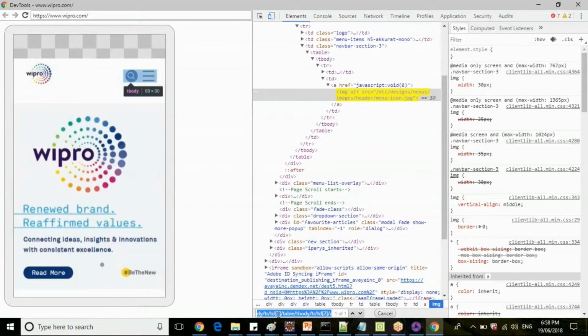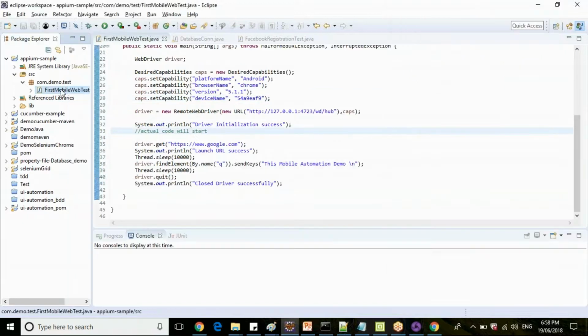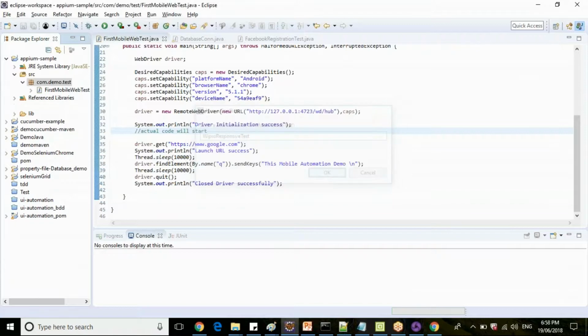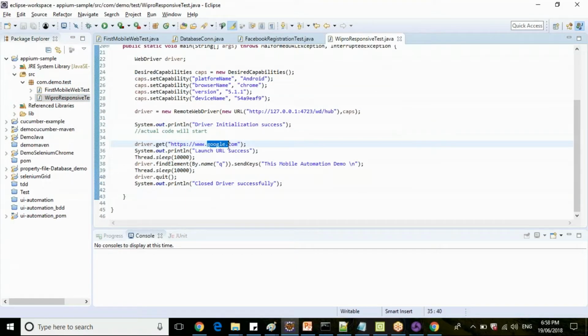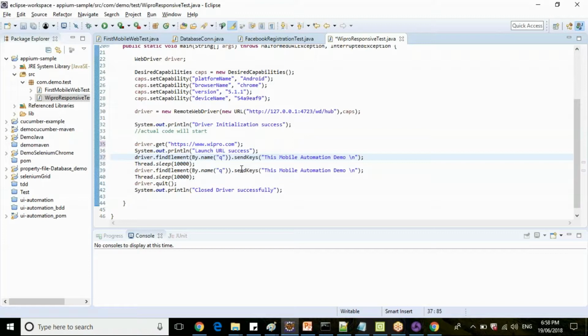Let's write a sample script for Wipro here. Let's clone this test case. So instead of google.com, this will be wipro.com. Let me use this same script.